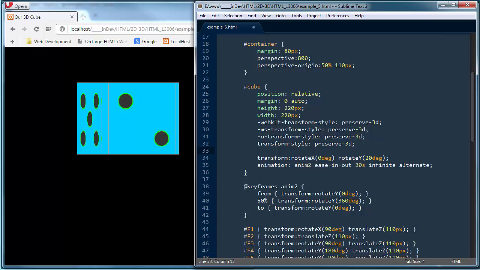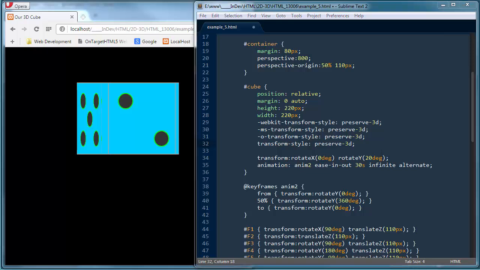So I've got my WebKit, my Microsoft, and my Opera web rendering engines. And you'll notice I've got my prefix before the transform style for all 3. And those all 3 pertain to the Preserve 3D effects inside of CSS3. One thing I want you to notice, we've got the prefixes prior to the standard syntax. Always make certain your standard syntax is last. So it'll work through these 3 and determine which is the best one for the current rendering engine. And it'll look through WebKit, MS, and Opera, and then it goes to the last one by default,